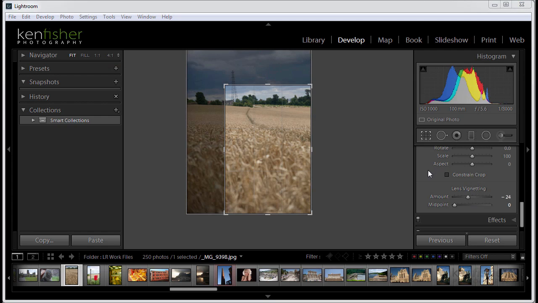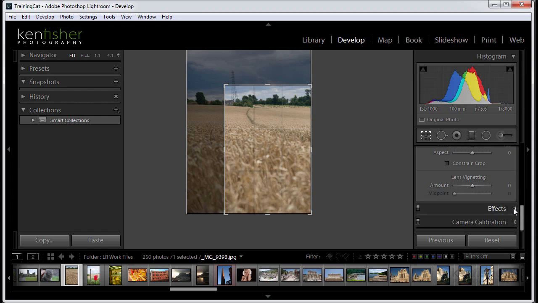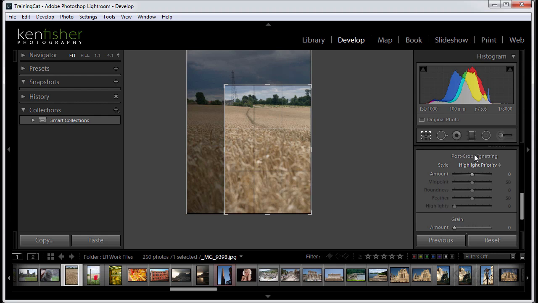In order to get the vignette to travel with the actual crop, we need the Effects panel. So I'll just reset all this. And if we go down to the Effects panel now, we have Post Crop Vignetting. This is effectively the same, but it will actually travel with the crop. So if I now accept this crop,